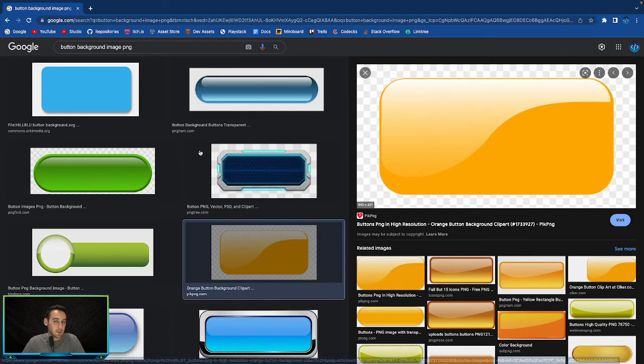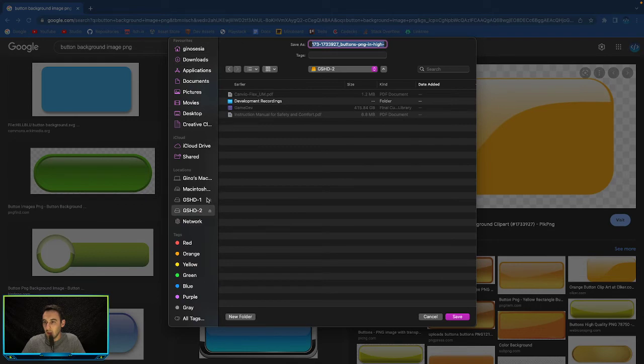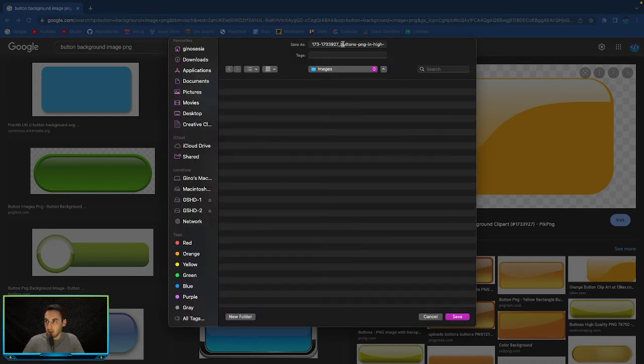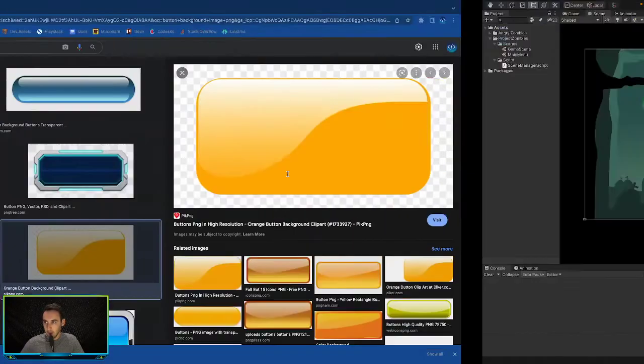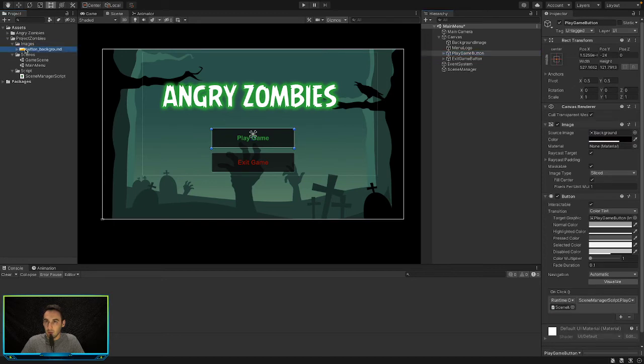So save image as, and then we want to save this straight into our game folder. So let's see, Angry Zombies, and then Angry Zombies again, assets, project zombies, and then we'll create a new folder called images, and we'll put this in here. So let's go button background. So let's jump back into our game, and we'll see what this looks like. So we'll drag in our image,